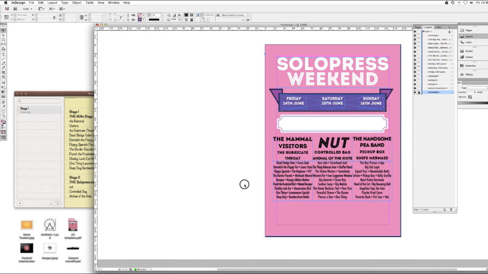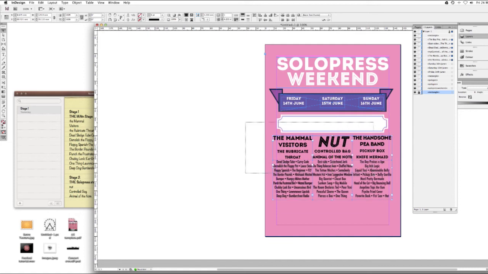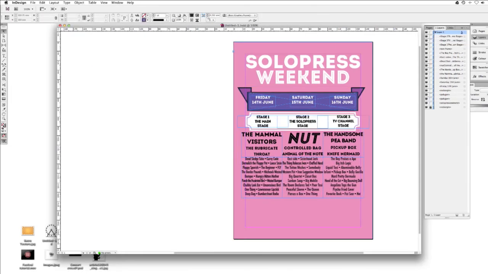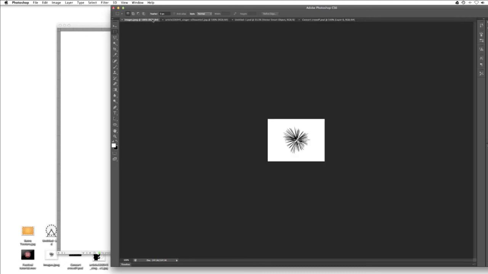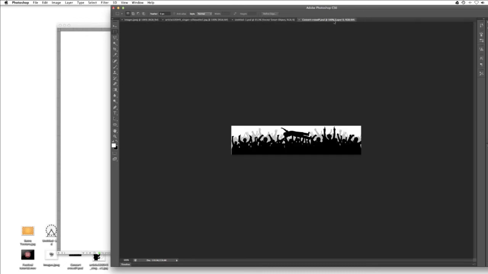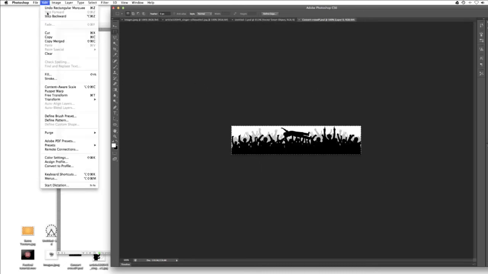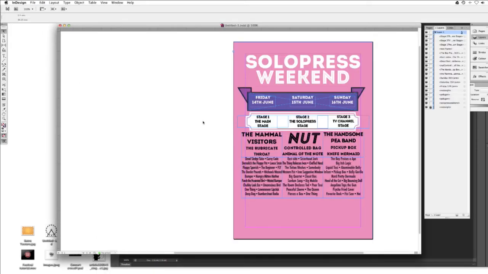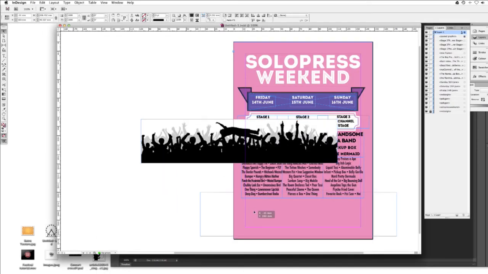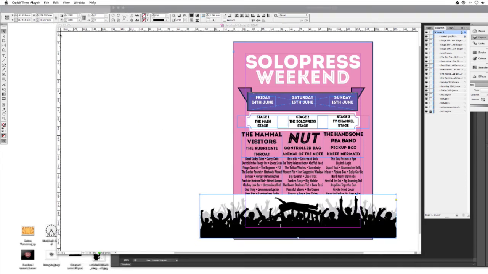start my pictures. I've just gone into Google and found some pictures that I want to use. So I've done that and I've now put them into Photoshop, changed them around slightly and about to copy and paste them over to InDesign. So here I've got some fireworks, a singer, a Ferris wheel and some crowds partying. So go ahead and select the crowds partying and just copy and paste that there.